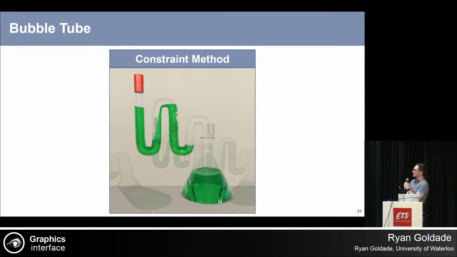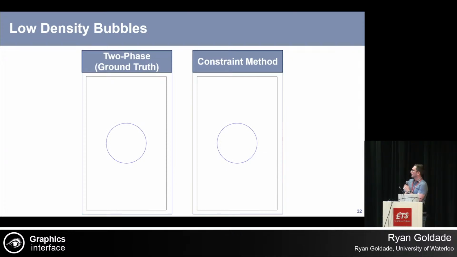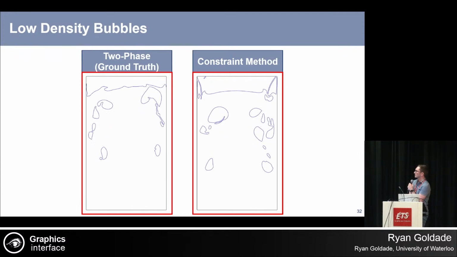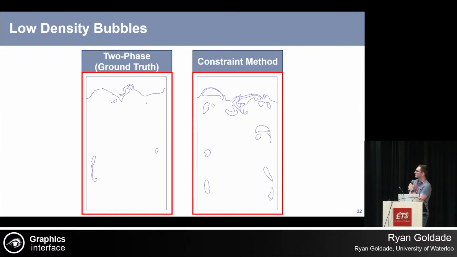And an important thing to mention here, again, we're not simulating the air at all in the pipes or in the ambient region. If you were to try and do this with a two-phase method where you simulated everything, it would be a huge expense, and it's unclear if you would actually get simulation quality improvements as a result. And we can also compare against a two-phase. So we have a ground truth two-phase simulation. We show that our constraint method pretty closely matches the behavior.